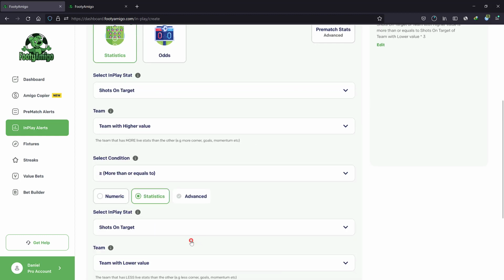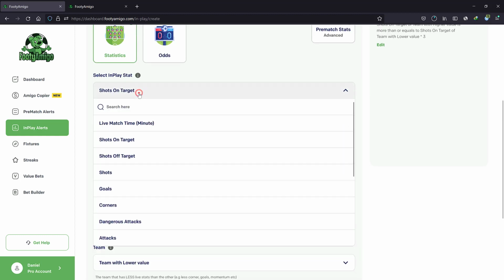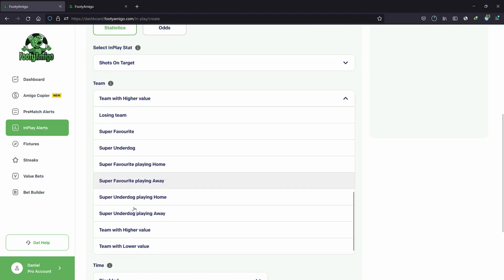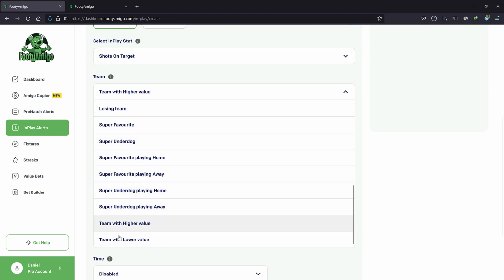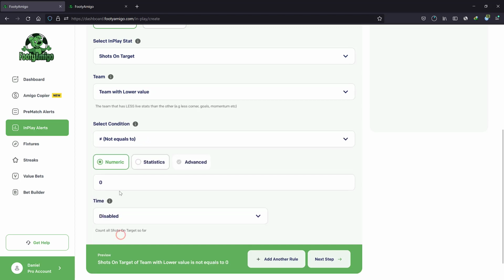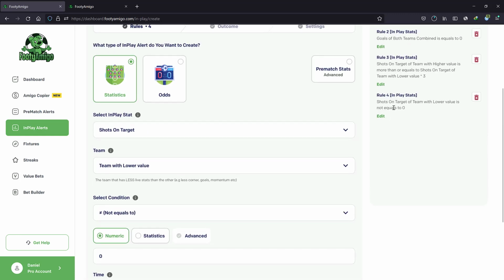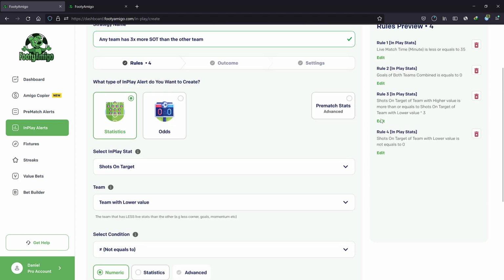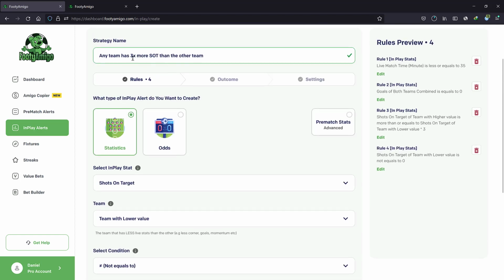So I can always turn this off and then I can say the shot on target of team with lower value is not equal to 0, right? And then I'm going to add that rule because this ensures that the other team doesn't have 0 shot on target. So that is exactly how you create a strategy where you don't set the team,